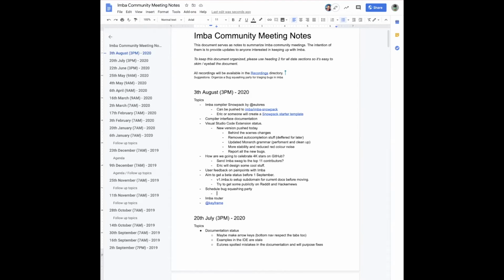We could label them, and maybe also label them before a potential bug squashing party. Yeah, I'm not sure if you've looked through all the issues, but I don't think there's that many. There are quite a few issues that I could probably answer and that we could close, but I'm not sure if there's that many consistent bug reports for version 2. I know there are a few that Eric has reported that I have scheduled to fix, but I think the majority of the issues are kind of